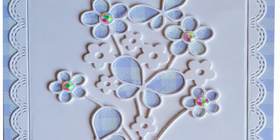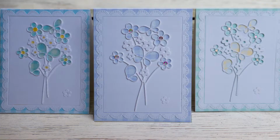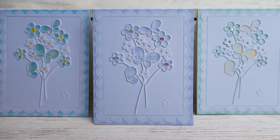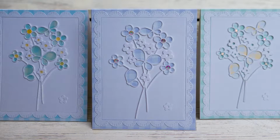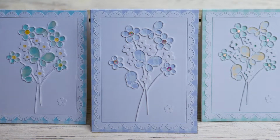Hello! Today I'll show how I made these garden bouquet cards using dies from Poppystamps' brand new release. Using the Gotta Have Gingham by Fawn, I made 3 different versions of this card. The one on the left has some glossy accents and Nuvo Drops for accents. The center one was blue inlaid on top of blue, and the right one was inlaid with different colors of